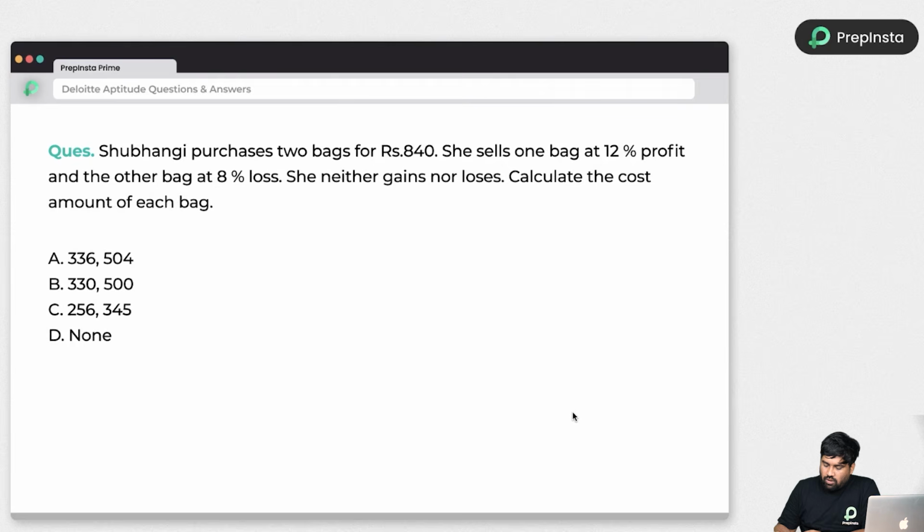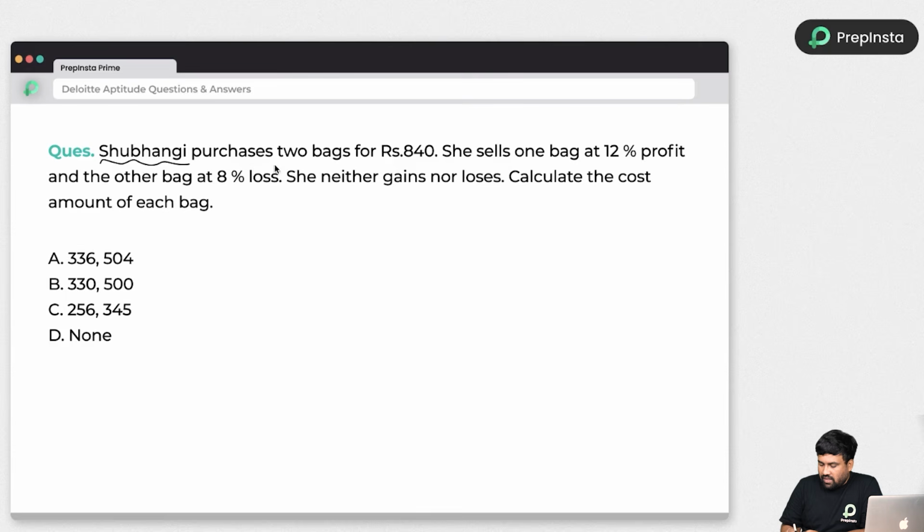Just look into the next problem, and again I'm telling you, try to pause the video, and I will tell you in between how to prepare for this Deloitte examination also. Don't worry about it. Pause the video and try to solve this question on your own. Okay, I hope everyone did well. Let's look into the solution, how we can do it easily.